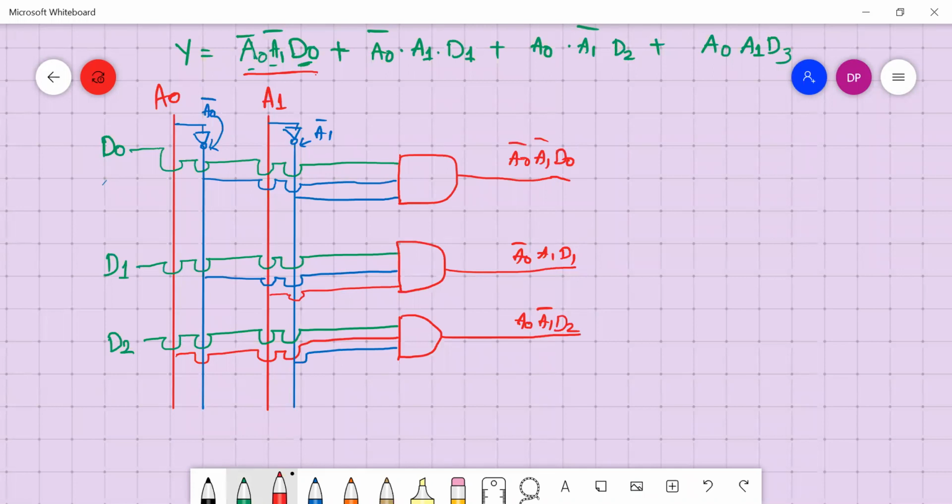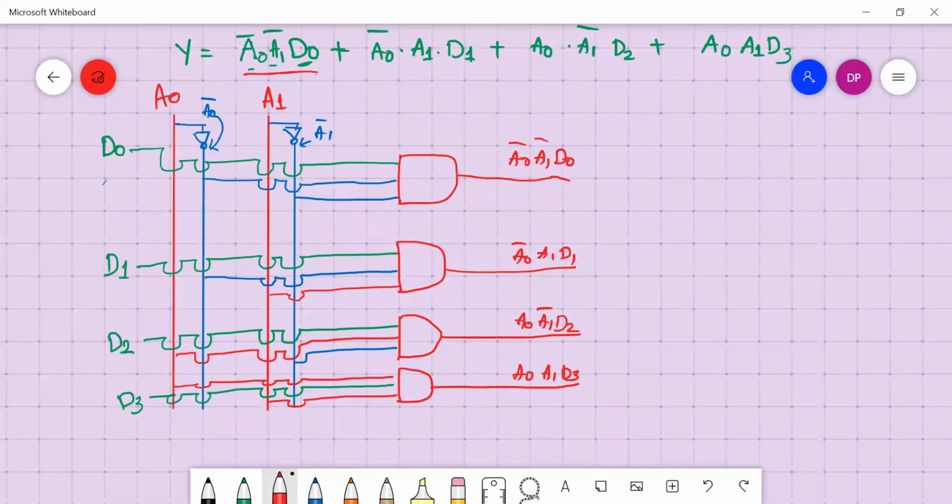D3 you take. A0, A1, D3. Then A0 and A1, we take it from here. You take an AND gate. This is A0, A1, D3.